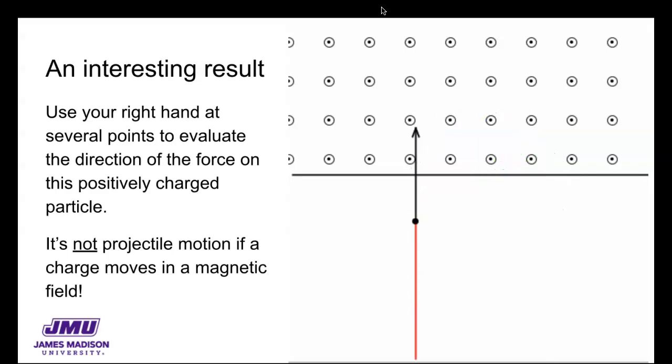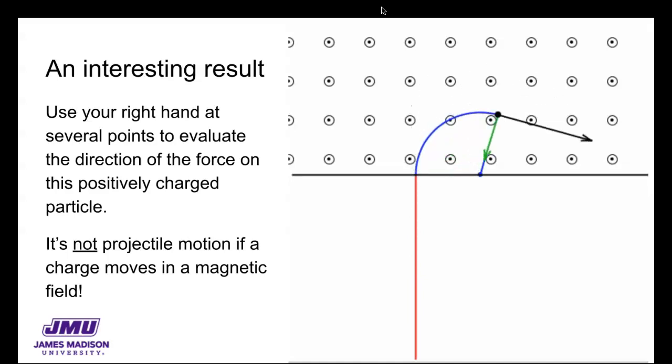So for example, here we see a magnetic field pointed out of the screen. That's what all the dots mean. And we can see the charged particle moving up the screen. So go ahead and set up your right hand so that your fingers are pointed out of the screen and your thumb is pointed up. You'll see that there is a force therefore to the right on the screen,